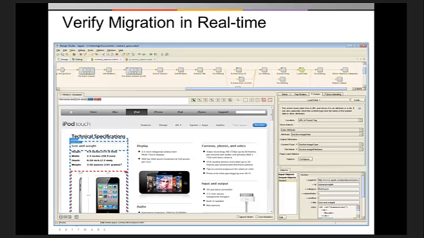This is the actual visual design environment in which all this takes place. We're going to spend about 10 minutes here showing you how this works, but as you can see, it's very visual. Across the top are what we call robots. They are the mechanisms that perform the different steps in the migration. And down here, you can see in real time, we're validating that the content's coming back as it should. So very integrated,